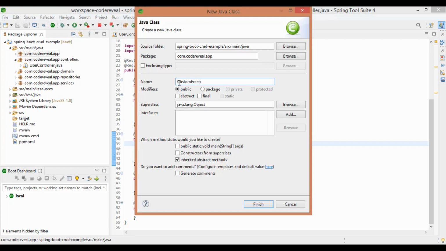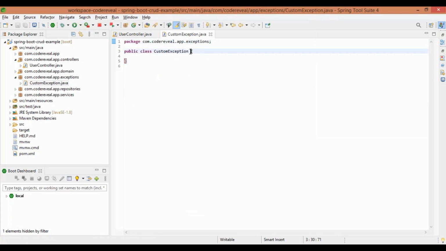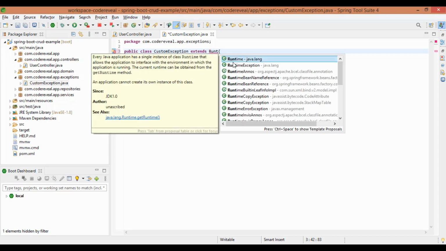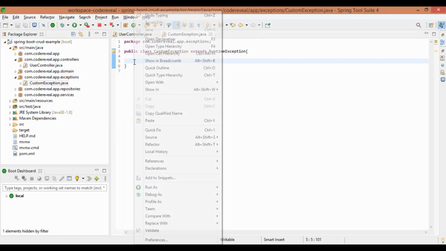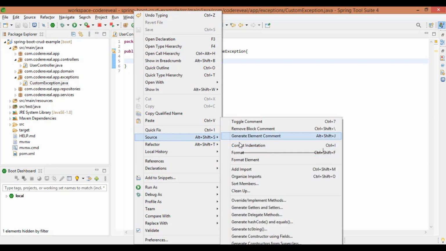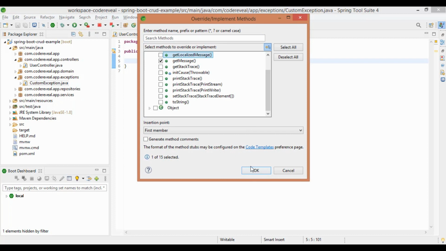Let's define a custom exception in the exceptions package. Let's add it. Now we are going to extend the RuntimeException. In this project, whenever an exception comes, we throw this exception with our message.